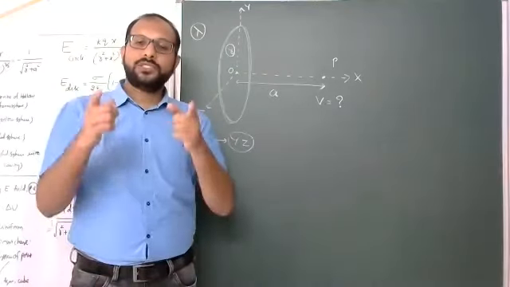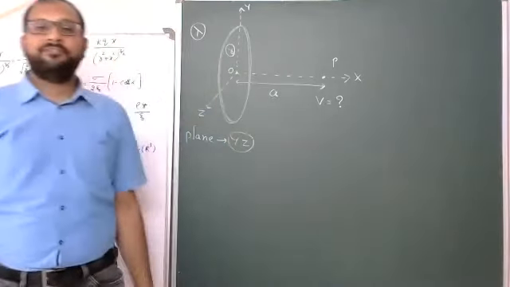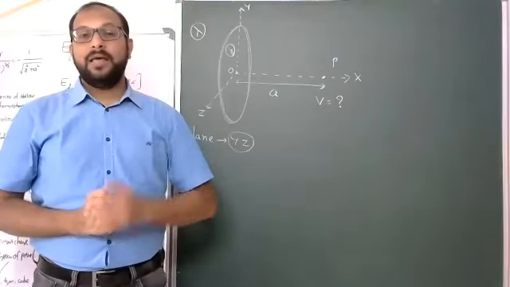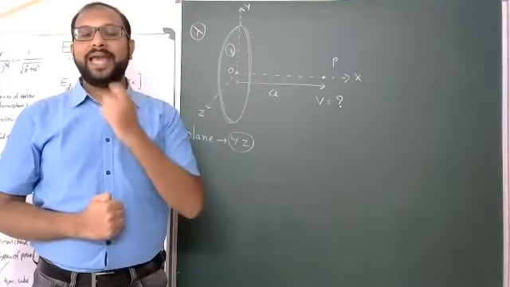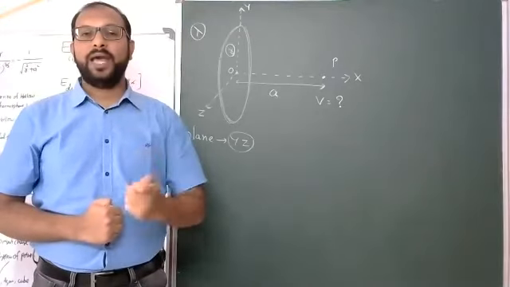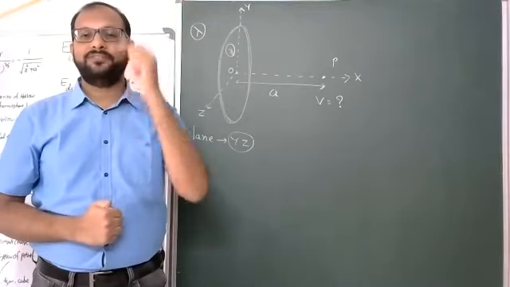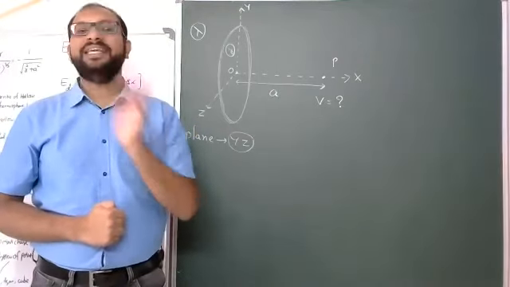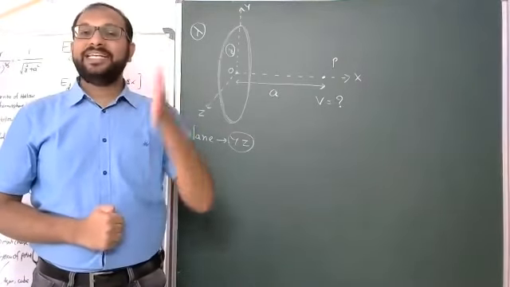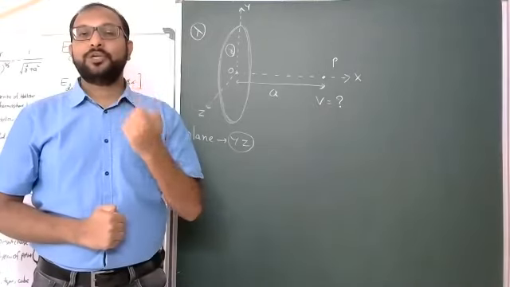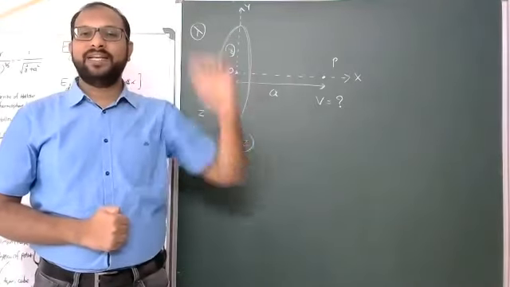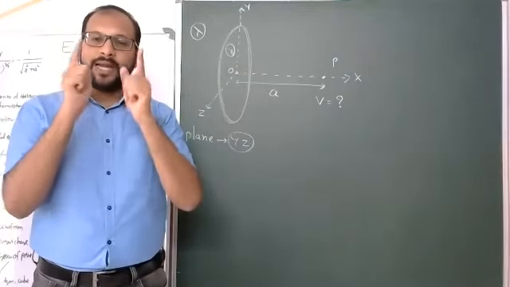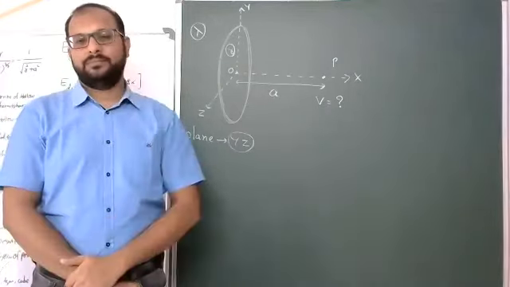But all students know the electric field due to a charged ring, that is kqx divided by (x square plus r square) whole to the power of 3 by 2 into dr or dx. If you integrate and substitute the proper limits, one is infinity, another is our distance a, you will get the potential at point P. This is method 1.